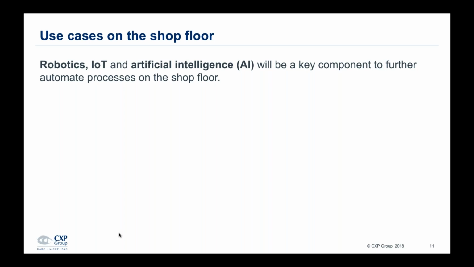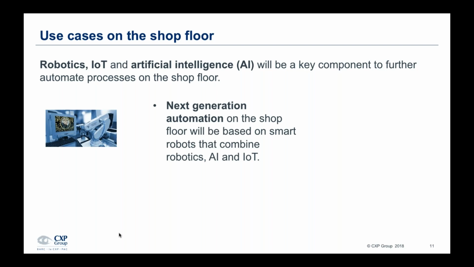And such smart robots will have artificial intelligence embedded and will also be connected via industrial IoT platforms. This will open completely new eras of automation on the shop floor because such smart and connected robots will then be able to make autonomous decisions on next best actions to be taken, for example, at an assembly line. And ideally, this happens all in real time, which is why edge computing or edge analytics capabilities will also be